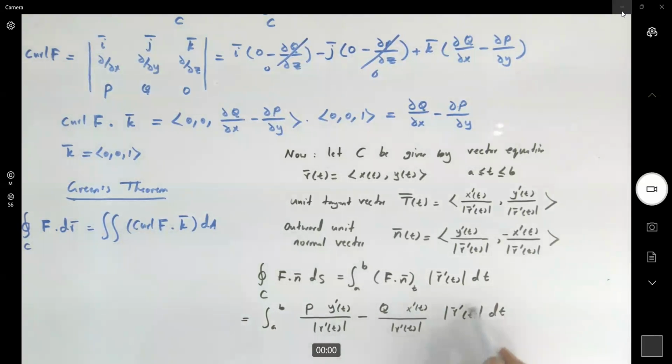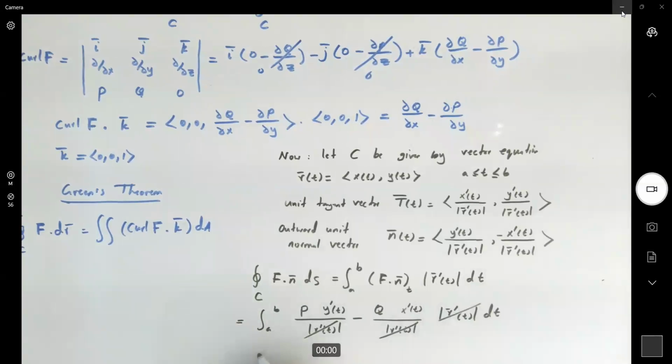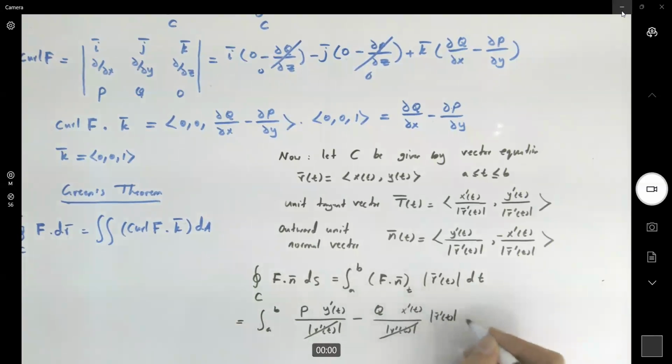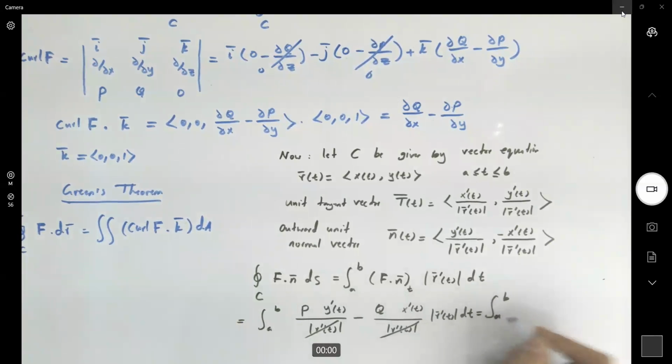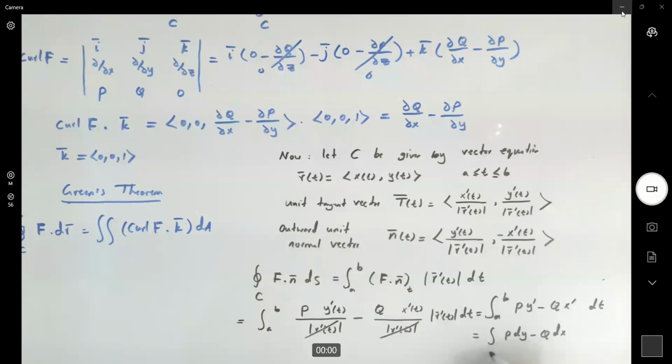We can simplify this. We can get rid of the magnitude of r prime of t, and as you can see, you get your line integral simplified. Integral a to b of p y prime minus q x prime dt, which is equal to the integral p dy minus q dx over C,